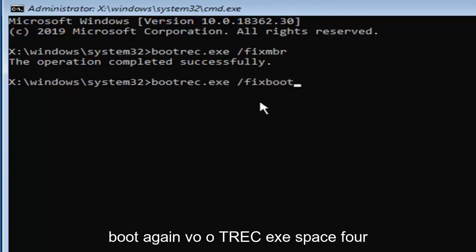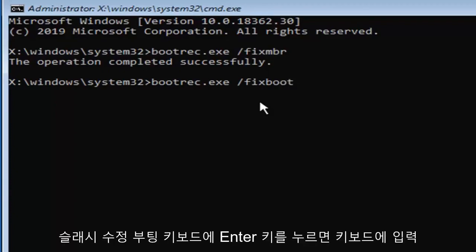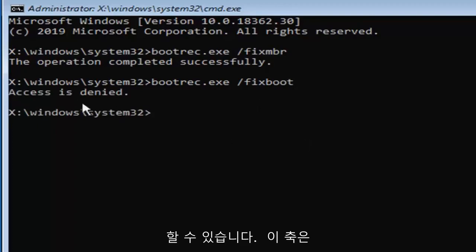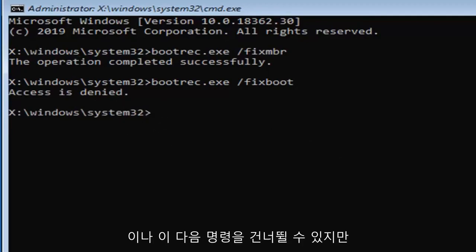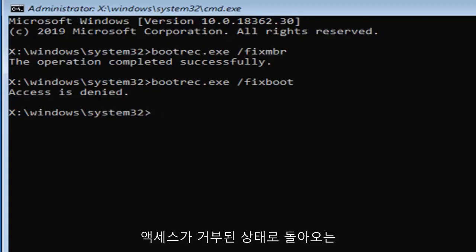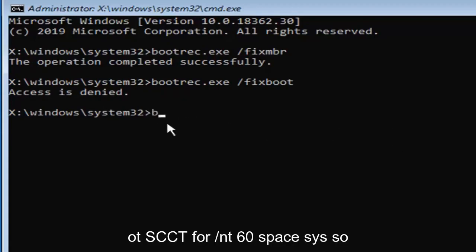Again, bootrec.exe space /fixboot. Hit enter on your keyboard. If you come back with this access is denied, and only if it comes back with that, if it says the operation completed successfully, you can skip this next command. But if you're coming back with access is denied, you want to type in now